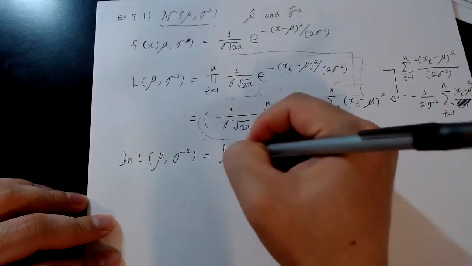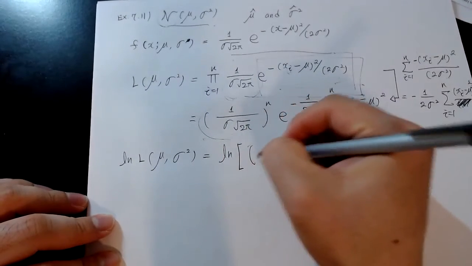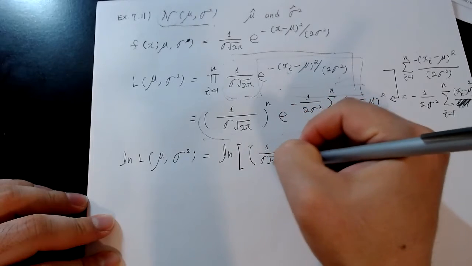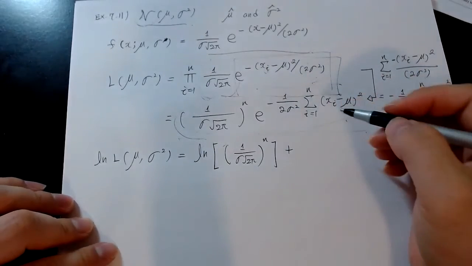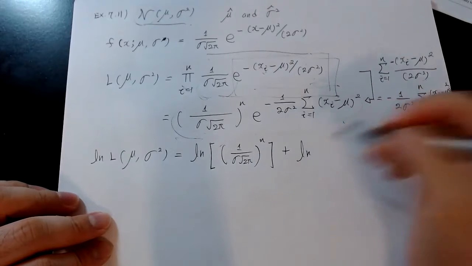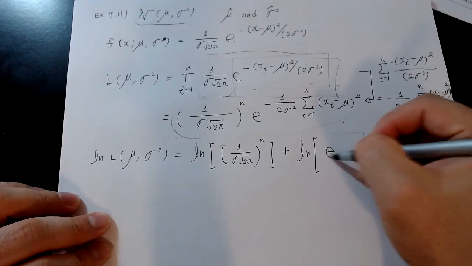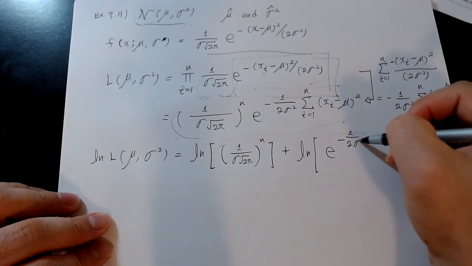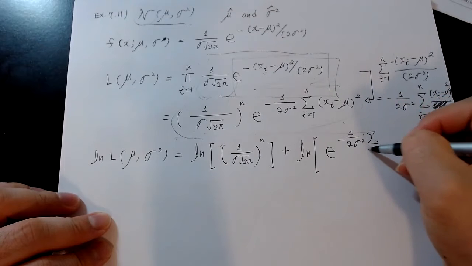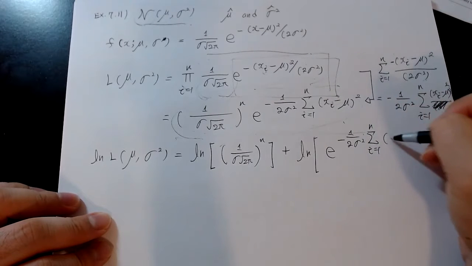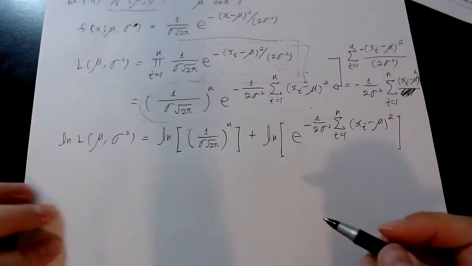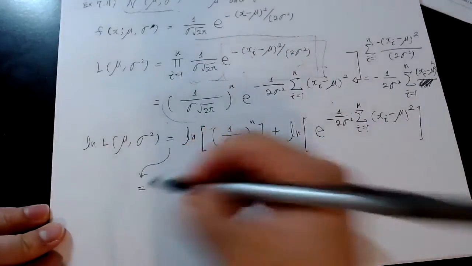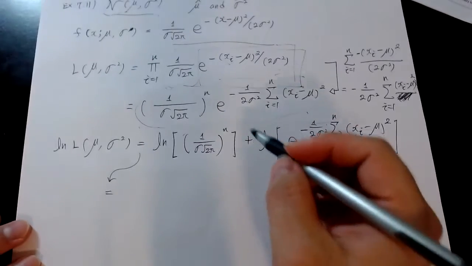Yeah, so natural log of (1 over sigma square root 2 pi) to the nth power. Okay, and then plus what? Natural log of e to the minus 1 over 2 sigma square, and then summation i equals 1 through n, of x_i minus mu squared. Right. Okay, so this is equal to, now we see,